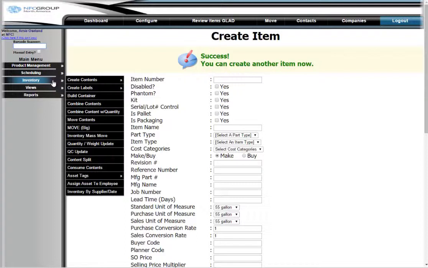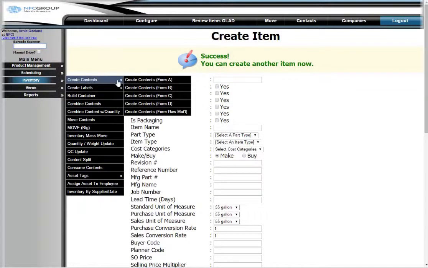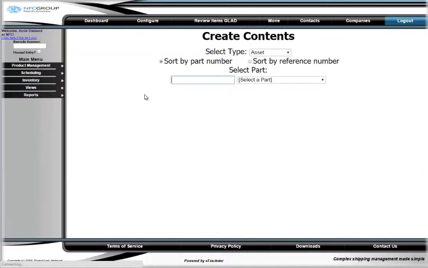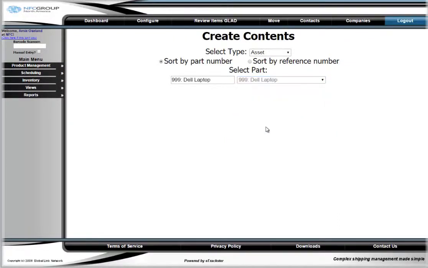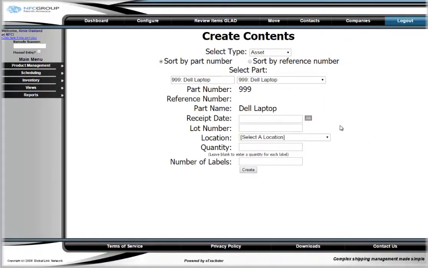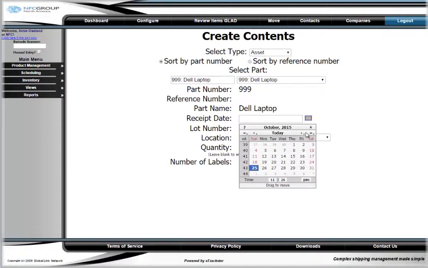asset, the Dell laptop, and now we're going to go out and buy some, and I want to create the tags for the quantity of Dell computers that we're going to buy. So I'll go down here, create contents. Got many different forms. I'm just going to use this one as an example, and I'll pick the Dell laptop that we just added in the system. Put in the date that we bought them,